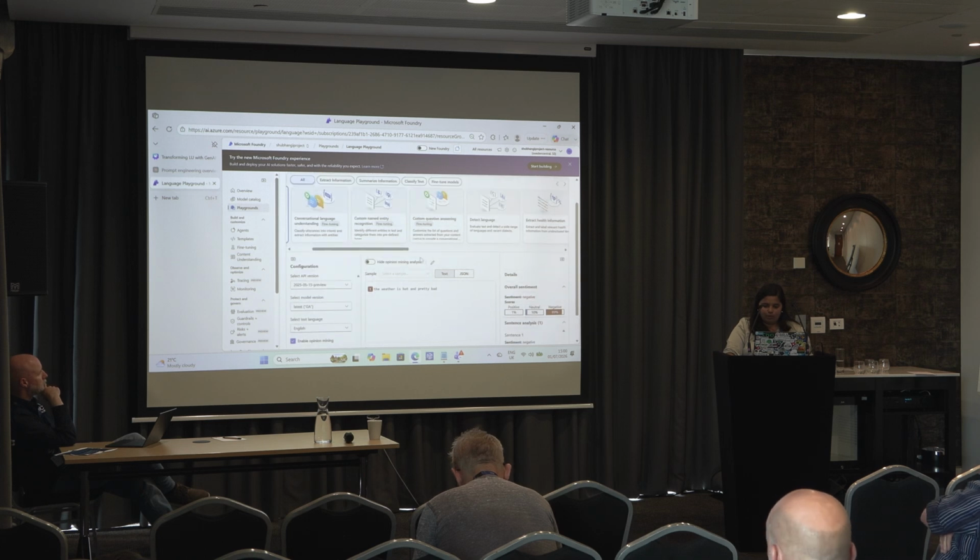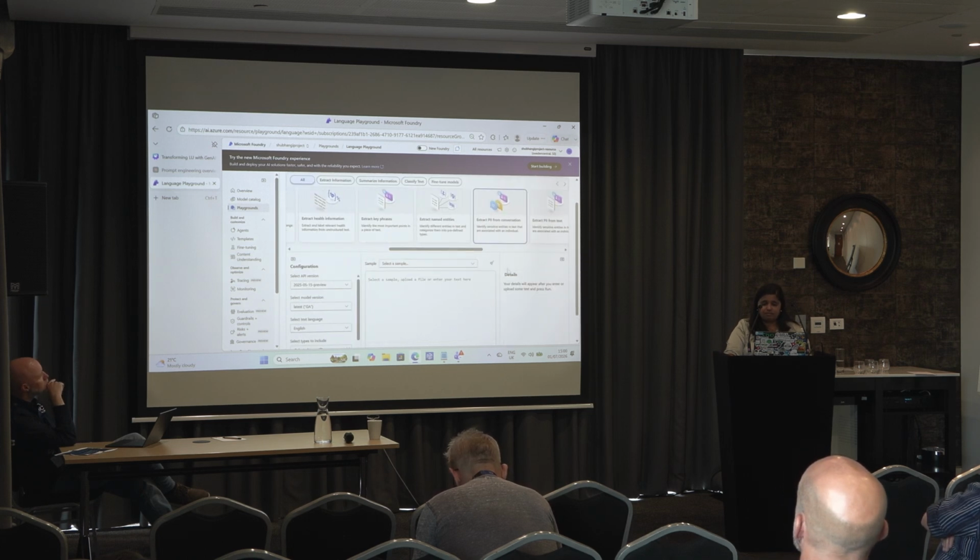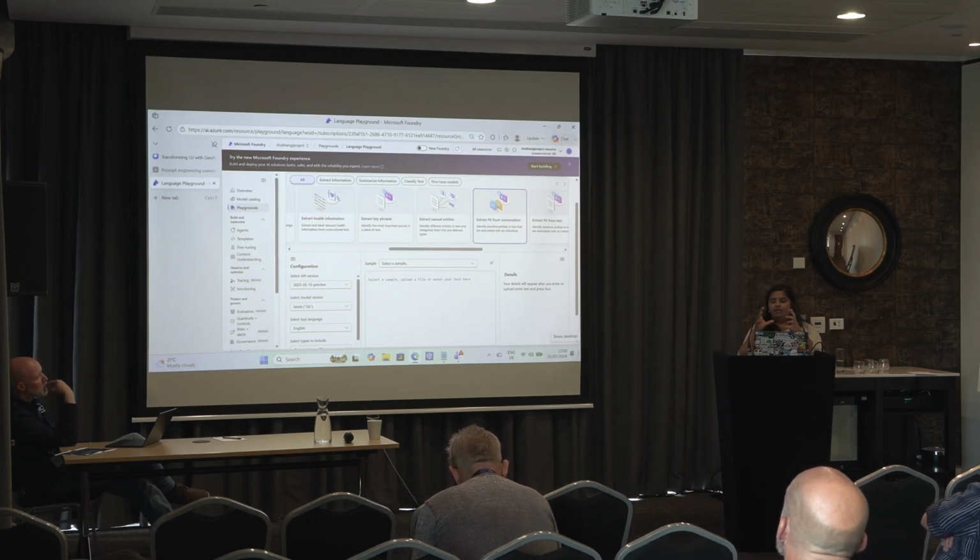Another important thing I want to show, which I think is super important, is PII extraction, because a lot of times when you deal with data, you can get things which should not really be passed on into LLMs or should be stored very safely. It could be address, name, postcode, and so on.